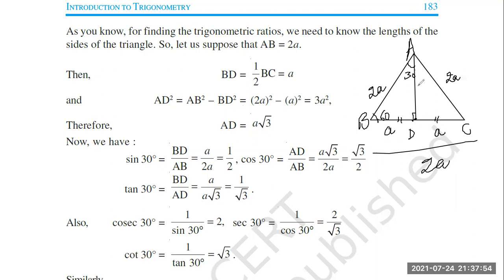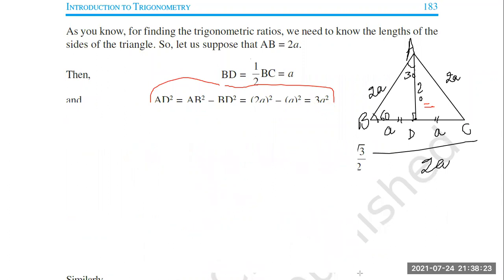अब हमें क्या फाइंड करना है? We are supposed to find out this value actually, क्योंकि ABD right triangle consider करते हैं, हमारे पास AB साइड है 2a, BD है, बट AD जो परपेंडिकुलर साइड है वो हमारे पास नहीं है। तो वो फाइंड करने के लिए हमें फिर से पाइथागोरस थ्योरम यहाँ पे इस्तेमाल किया गया है। Let me apply and show you how it's being done. ABD राइट ट्रायंगल में,